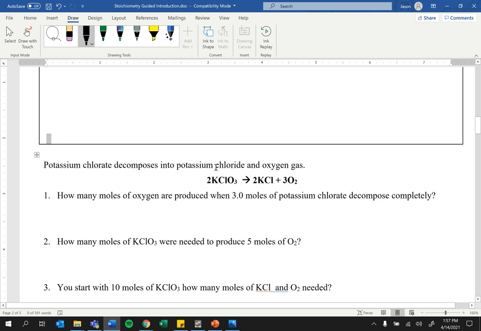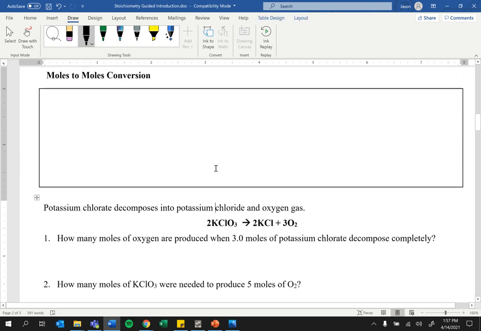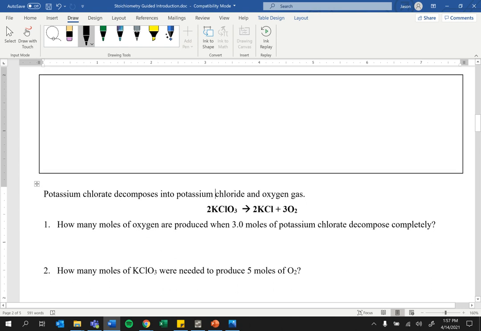So when it comes to doing a mole to mole conversion, these boxes we're just going to use to do work if we have any work to do. It says number 1, how many moles of oxygen are produced when 3.0 moles